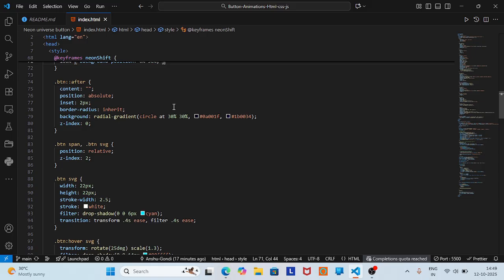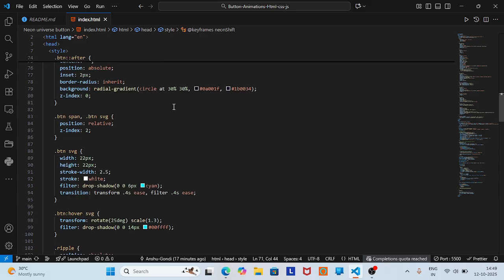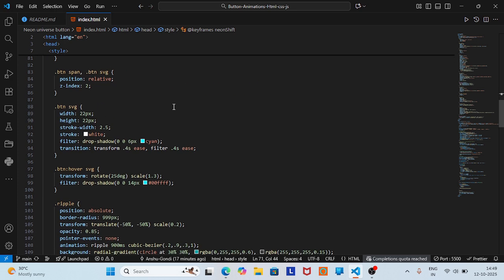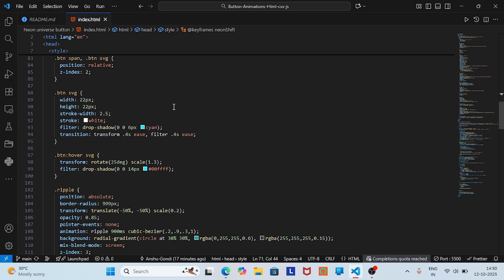Okay, and then we go to the after part of the button, which will have the content as empty, again nothing, and then position as absolute, inset as 2 pixels, and in it border radius, and then background gradient similar to before,